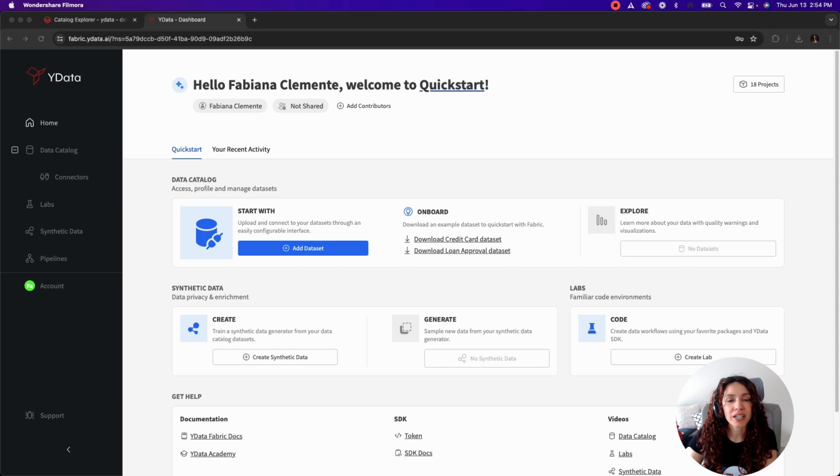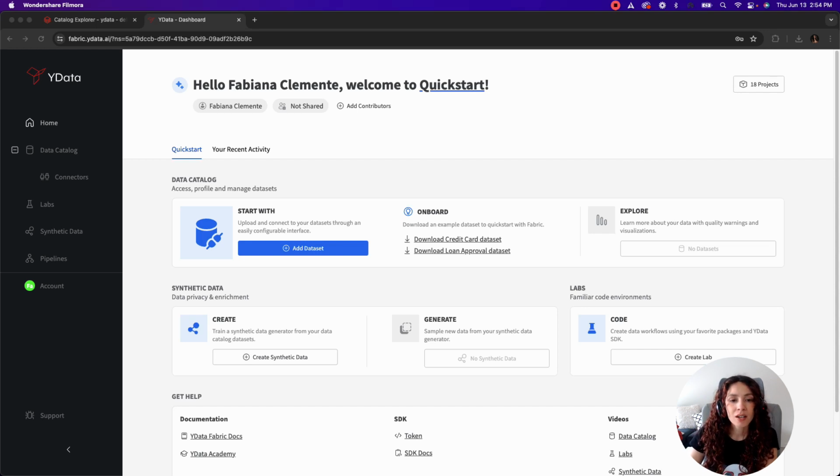Today we'll be covering how you can easily integrate Fabric with your Databricks Delta Lake. We'll be showcasing how you can sync Fabric's data catalog with your Delta Lake, and at the same time we'll also be covering how you can easily generate synthetic data so that you can write directly into your Delta Lake and share it in your catalog with other teams for privacy preserving purposes or just to augment the baseline of